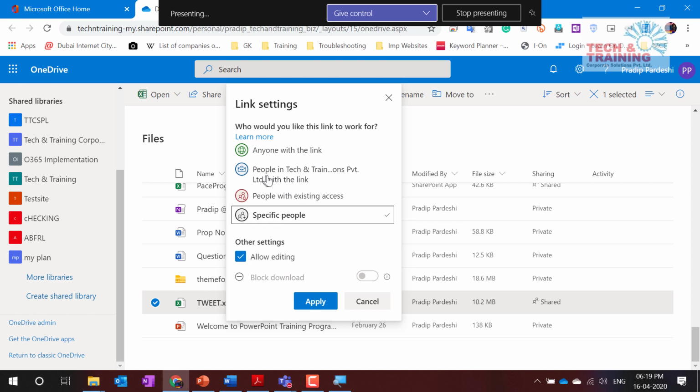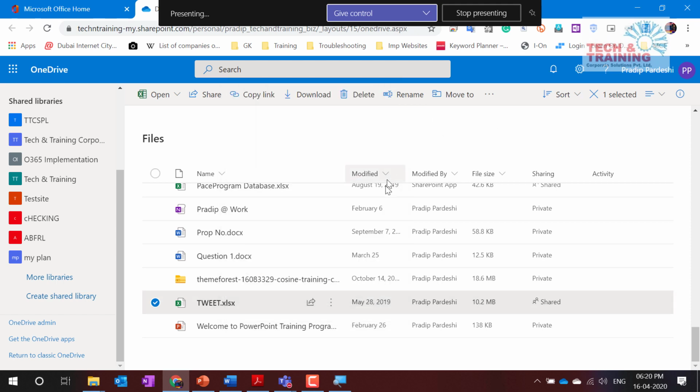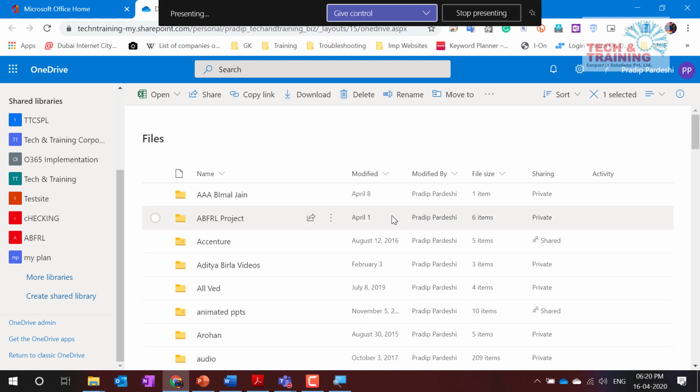When it is inside the organization, again there is a thin line of difference between these two. Here it does not differentiate between insider and outsider. This link can be accessed by anyone, but here this link can be accessed only by anyone who has the Office 365 user ID and password. Okay, so now the next thing we have here is, after sharing, let me quickly share one file.